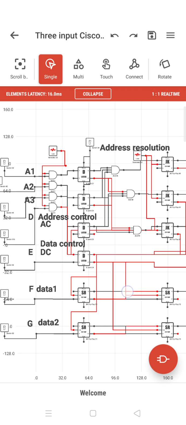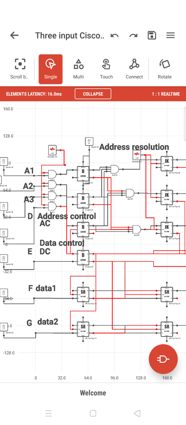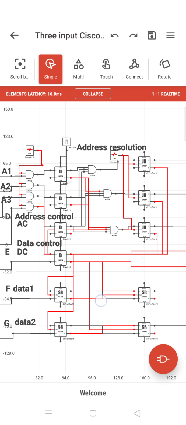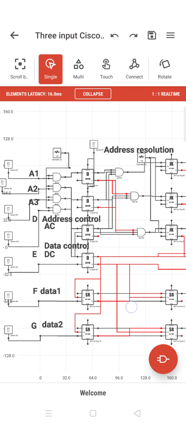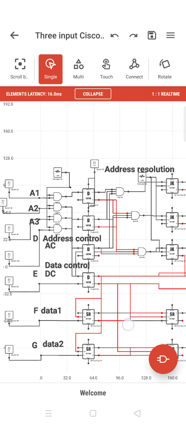And last time we saw the 3-input Cisco routers. Then you have other kinds of routers. Major companies are Cisco, then Vitalink, and Singapore Telecom. So some telephone and telecom companies manufacture all these switches and hubs.